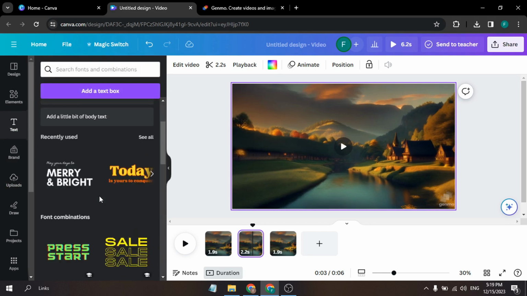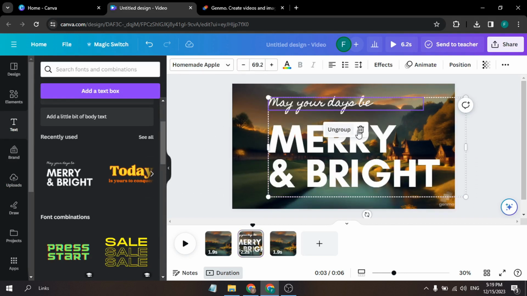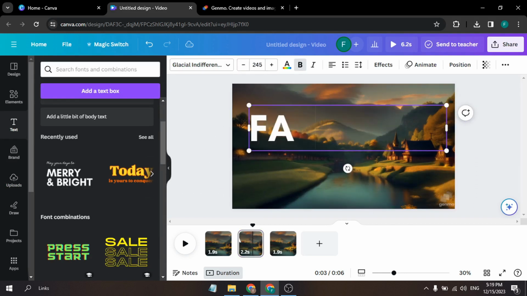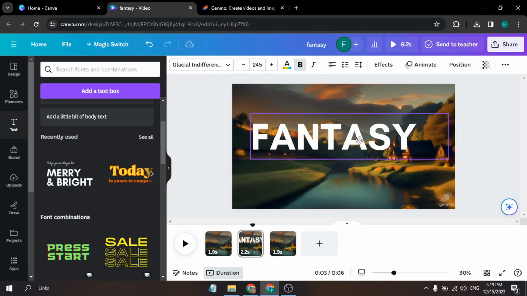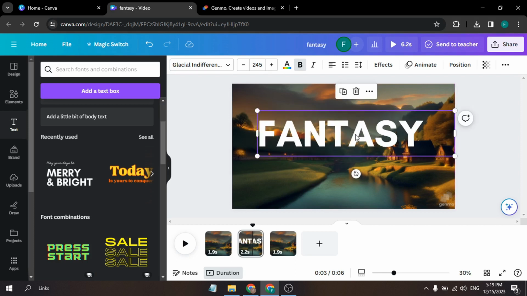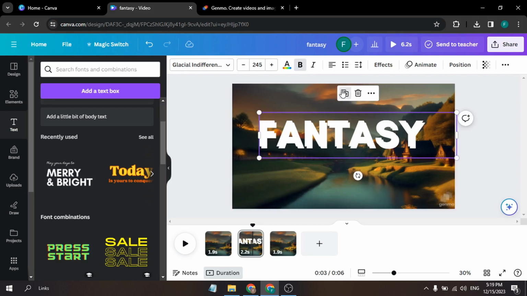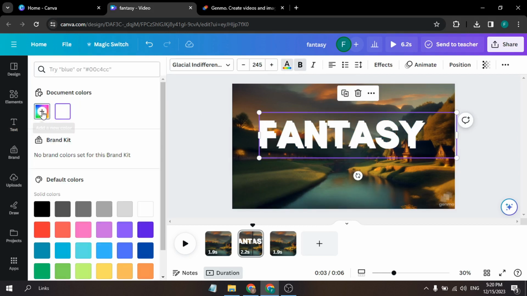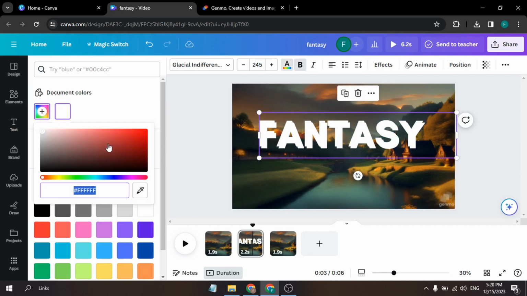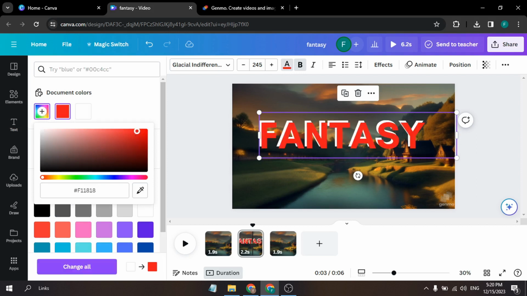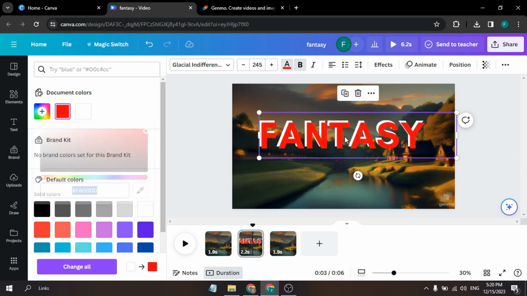Choose any text that you like, but for right now I'm going to use this. Let's ungroup this. Let's put it in the middle here. Then click on the text. Duplicate, then click on the duplicate text, go to color, choose the color, change whatever color you want to change it, and again choose it,